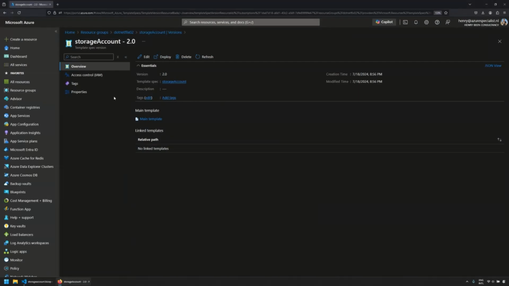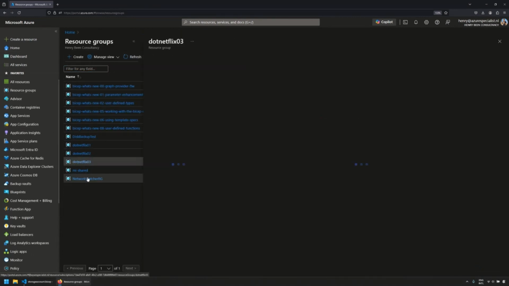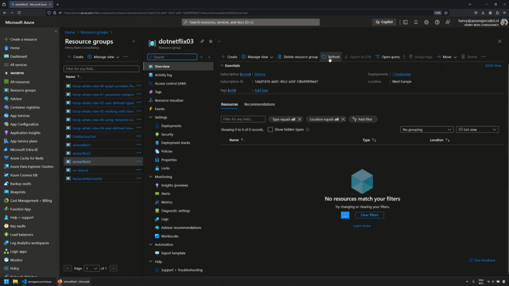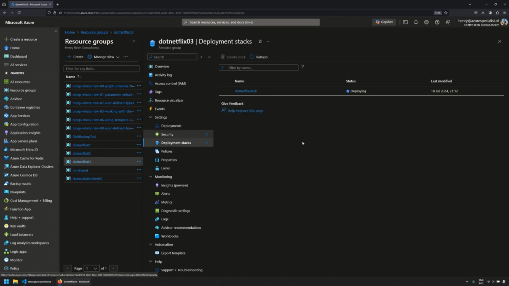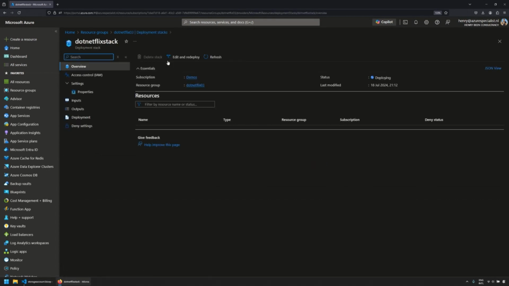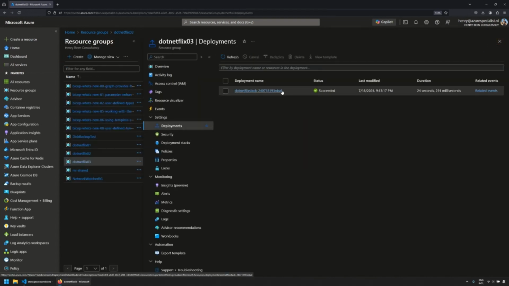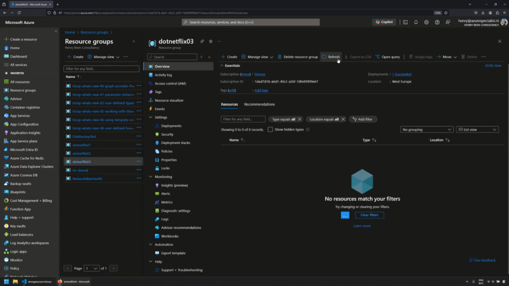Right. So I go back to the portal, resource groups, dotnetFlix number 3. Where are my storage accounts? Okay. I wanted to go here to the deployments. That's successful.